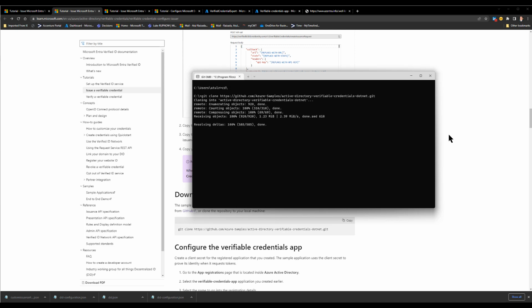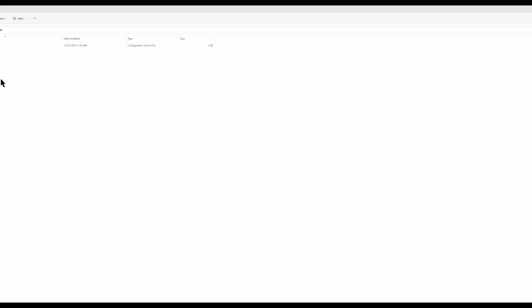All right, so now I have the code downloaded. Now we need to work on modifying this code to our requirements. There is one important thing that we need to keep in mind, because I ran into this issue. I'm not a developer, so I don't know all the details, but I was getting an issue when I was trying to compile the code, with the NuGet web identity missing, and the catch was that you need to modify